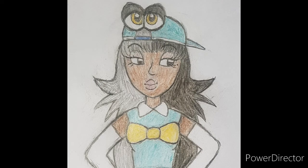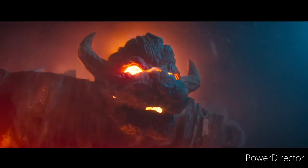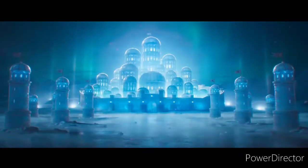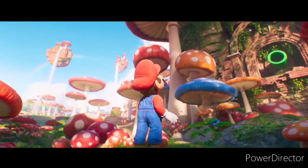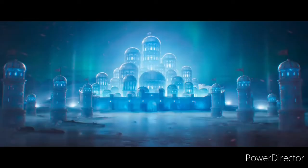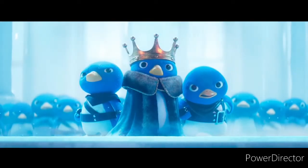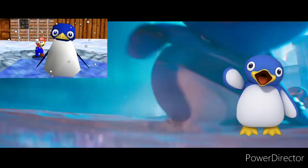I can't breathe. So let's start off with the setting, the scenery and the environments. They look so good. Like, wow. They do look pretty good. Like the penguins' castle, I like. I wasn't expecting to even see the penguins in this movie, but they're gonna reference a lot of things that happened in Mario, and